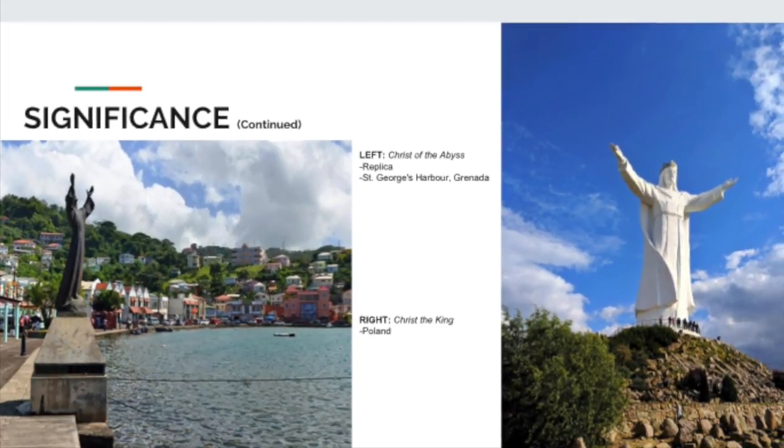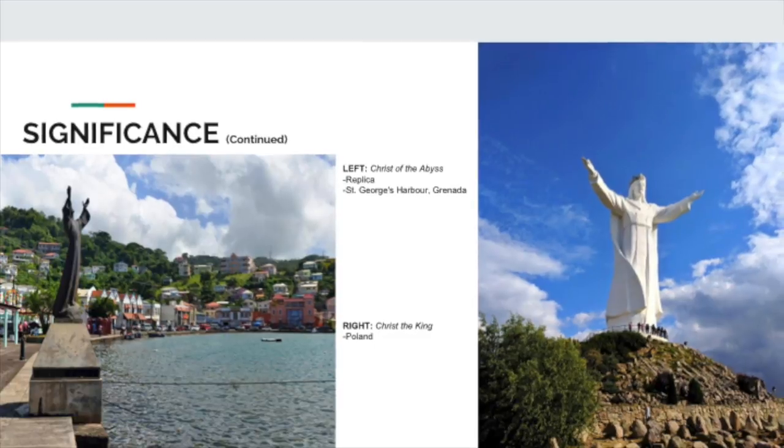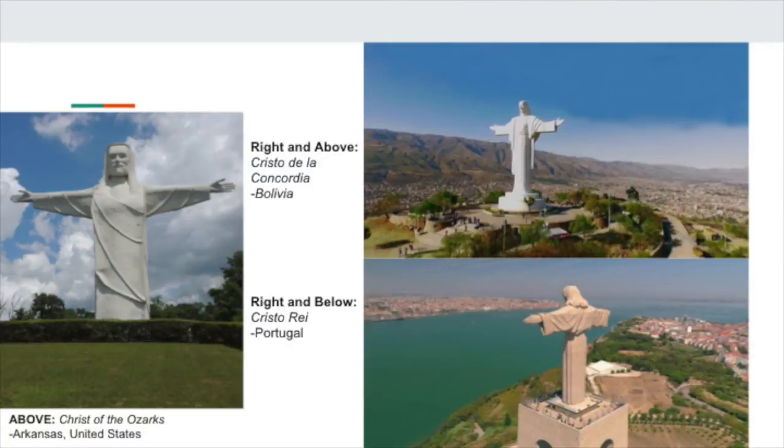As we look at the space around Christ in each of these images, we see that all of them direct towards an open area of space. This creates a vast feeling of a protective presence throughout these areas. After all, Christ is the all-seeing God in this religion. These positions and direction of space further emphasize this.